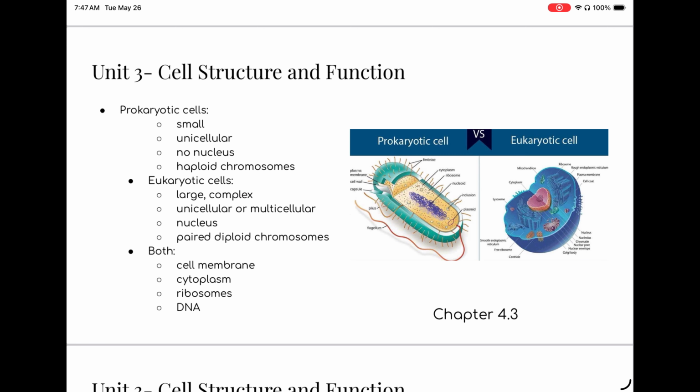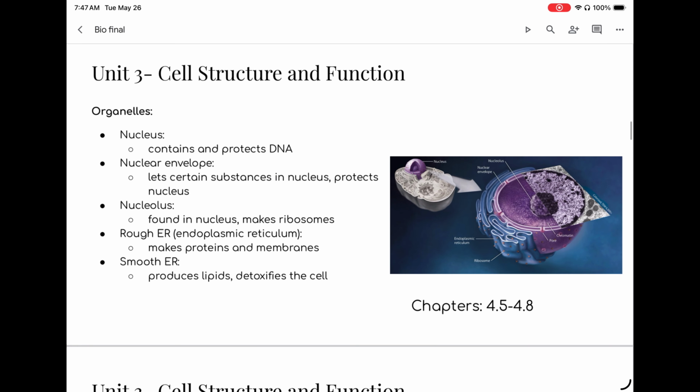The organelles of a cell are the nucleus, which contains and protects the DNA, and the nuclear envelope. It lets certain substances into the nucleus, protecting it by controlling what goes in and out. The nucleolus is found in the nucleus, and it makes ribosomes. The rough ER, which stands for endoplasmic reticulum, makes proteins and membranes for the cell, and the smooth